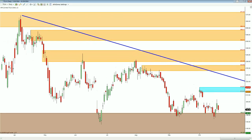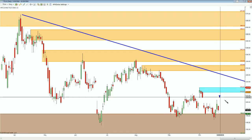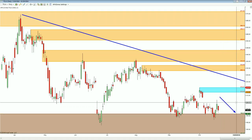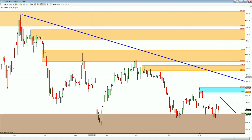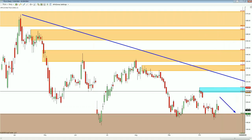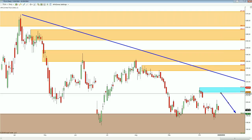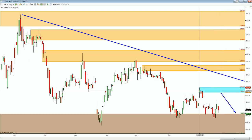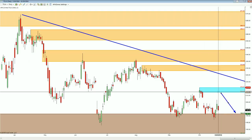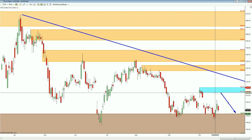For the upcoming week though, what do I think is going to happen? Well, I think we're going to continue in the direction to the downside. That's what I'm looking to have happen this week. It would be nice if we could retest the 212 level one more time before we get another move to the downside, because if we can get a short up there, then we're relatively high on the curve. Again, the supply and demand curves look like they're shifting on this, but this would be a good retracement area to be taking